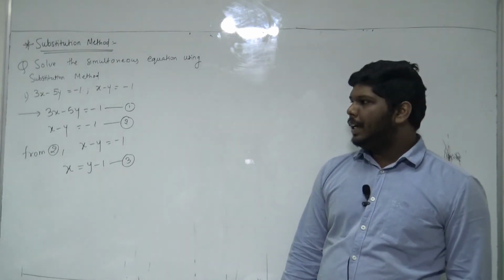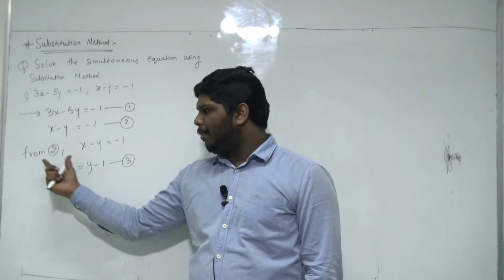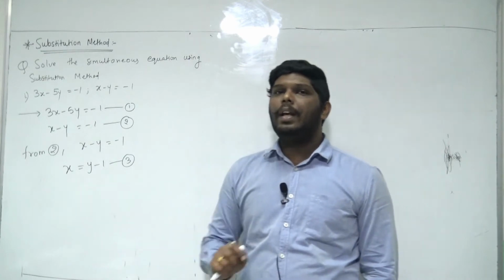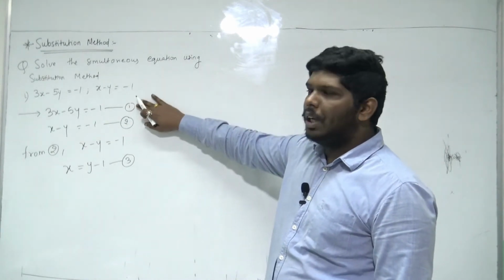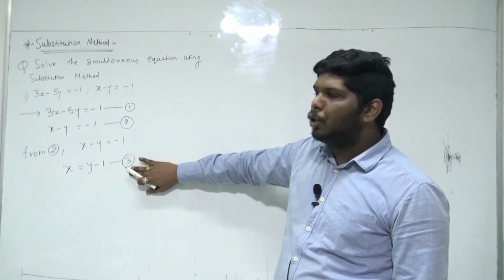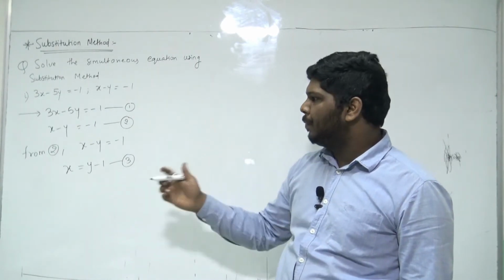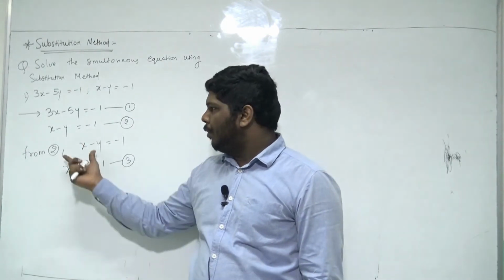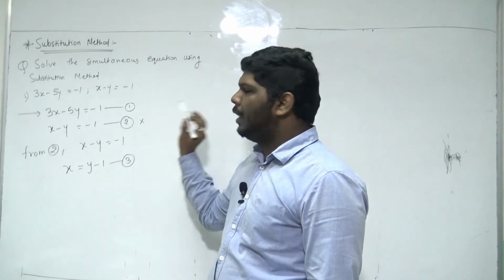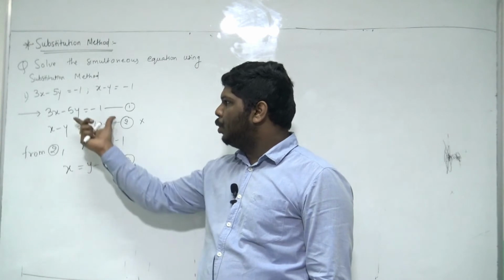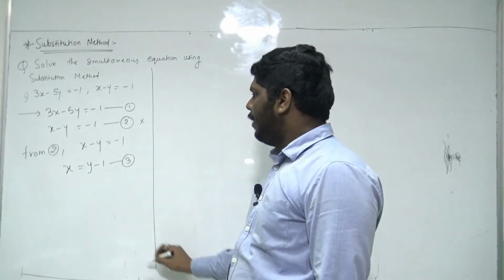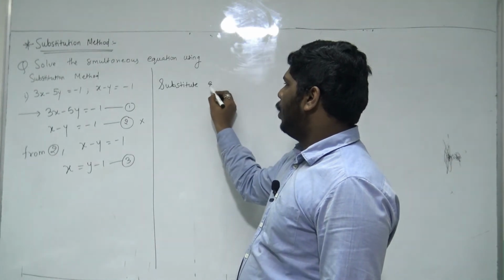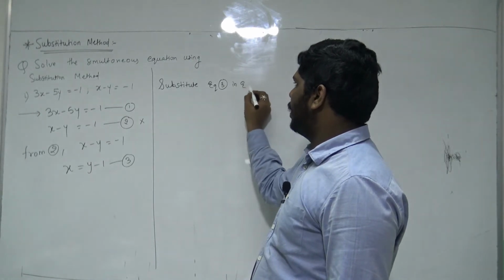Now you have to understand that from equation number 2 you have made equation number 3. So the substitution that we are going to do will be in the remaining equation, right? We have not changed equation number 1 till now, so this substitution has to be used in equation number 1. Always remember, you cannot use this substitution in equation number 2 or else you will get the same equation again. The one that you have changed, we cannot do anything there. So equation number 3 will be used in equation number 1. After that we can say: substitute